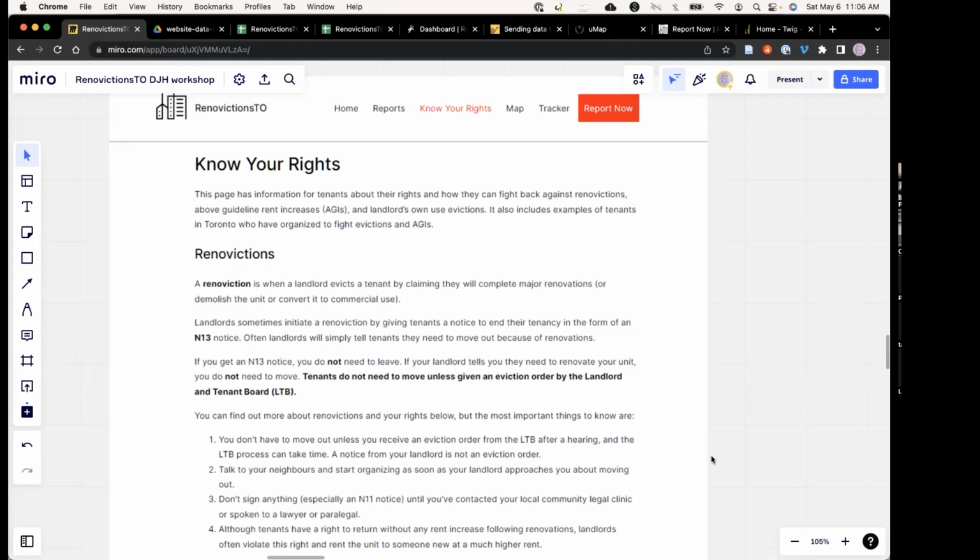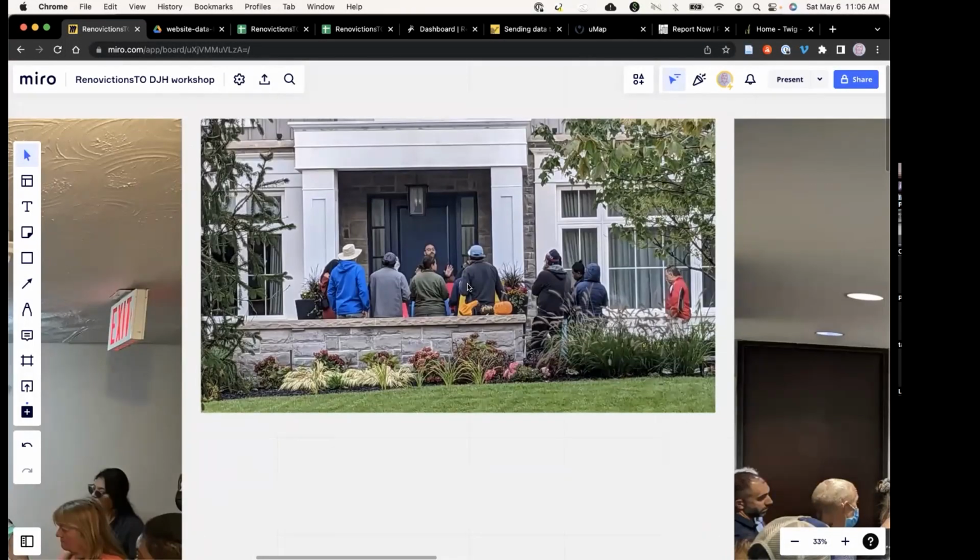Even just when it comes to outcomes and people's ability to stay in their homes, we found that organizing outside the legal process is much more effective. Basically, the organizing that has resulted from the project is independent collective direct action. So tenants in a building organizing together, organizing independently of politicians or nonprofits or any other